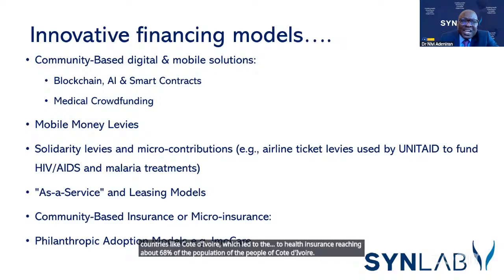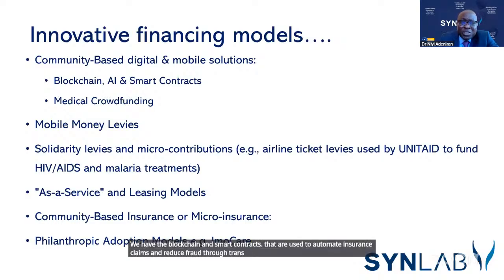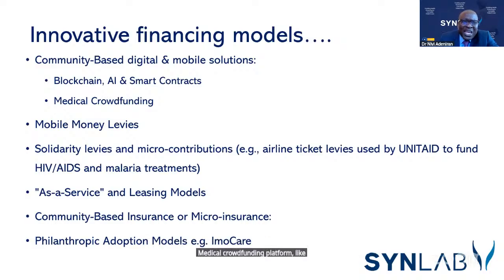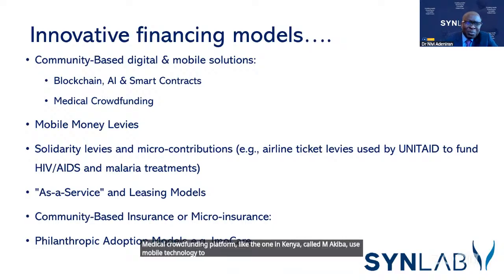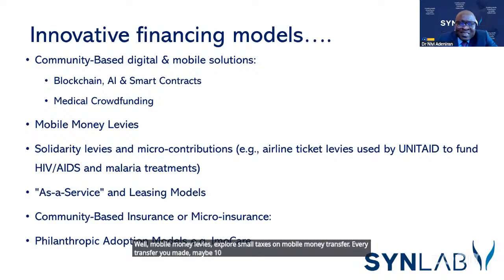We have the blockchain and smart contracts that are used to automate insurance claims and reduce fraud through transparent and immutable ledgers. Medical crowdfunding platforms like the one in Kenya called M-Akiba use mobile technology to pool small savings from the public for health investment, reducing the risk of funds being diverted to other needs. While mobile money levies explore small taxes on mobile money transfer. Every transfer you make, maybe 10 kobo, 1 kobo, 1 naira is deducted for every bank transfer, or telecommunications